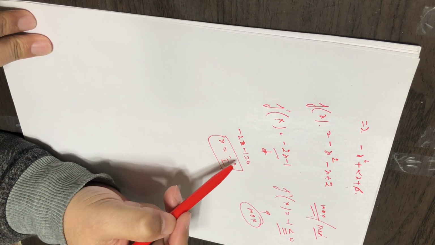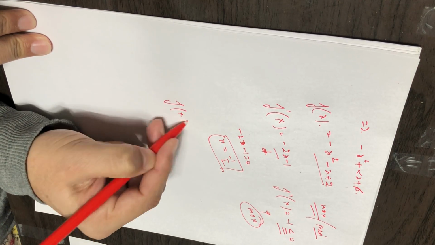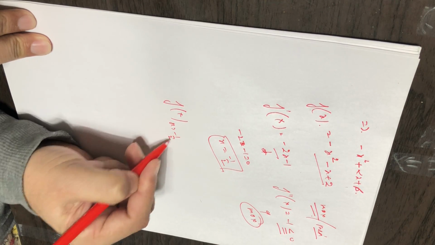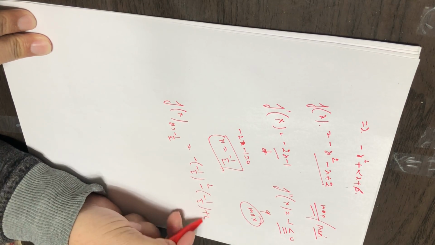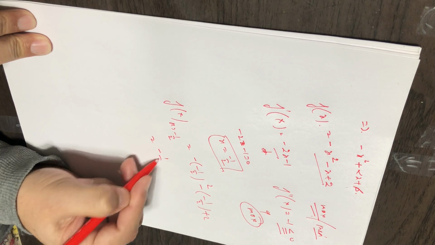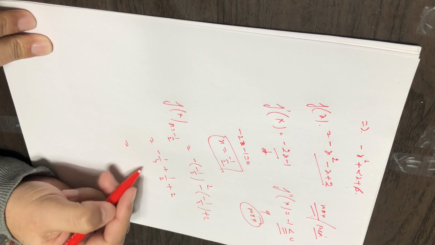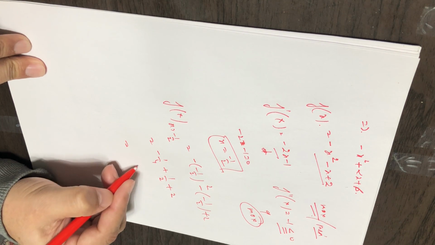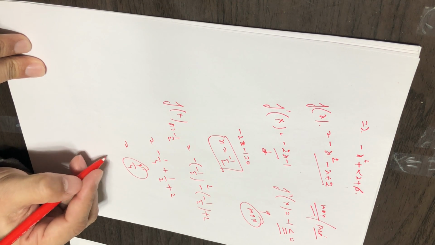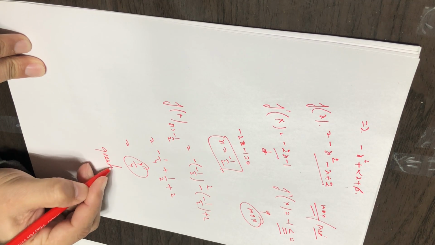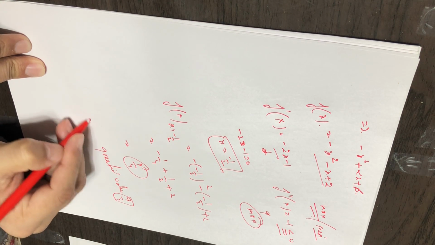If you put the value x equal to minus 1 by 2 in this equation, we are going to get f of x at x equal to minus 1 by 2. That is minus of 1 by 2 whole square, minus 1 by 2, plus 2. So this will be minus 1 by 4 plus 1 by 2 plus 2. So we are going to get this equal to 9 by 4. We already know this is a maxima, so we can write it as the greatest value, 9 by 4. So option D is the